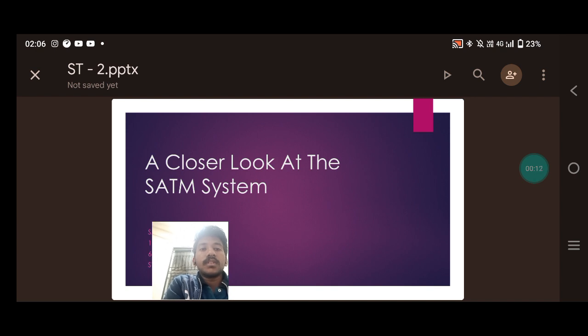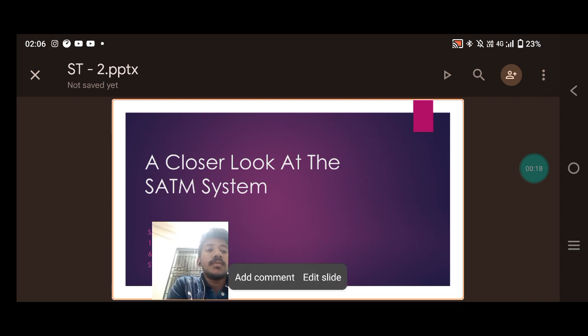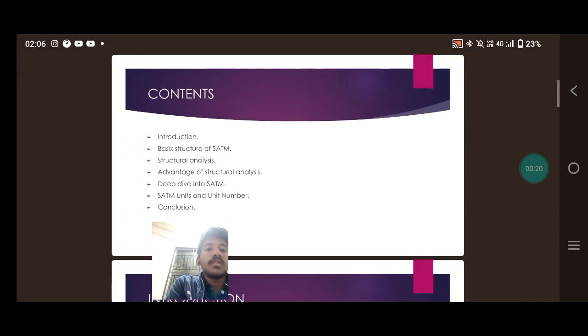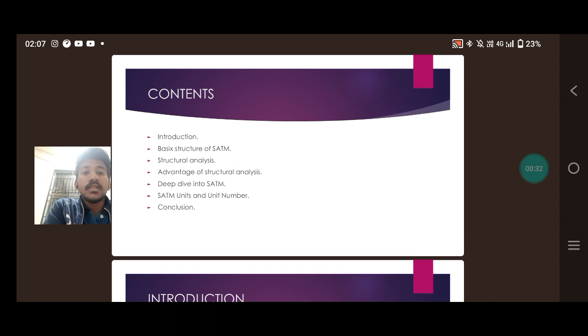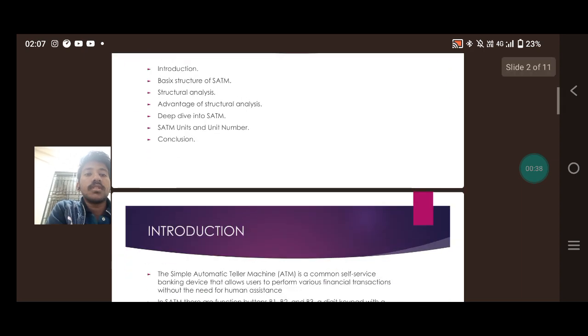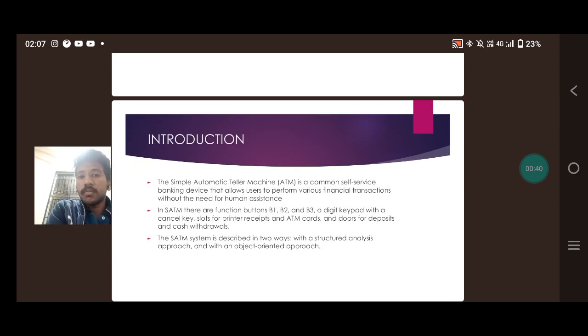Our topic is a closer look at this SATM system. If we go to the contents of the topic: introduction, basic structure of SATM, structure analysis, advantages of structure analysis, deep dive into SATM units and unit number, and conclusion. If we go to the introduction part,